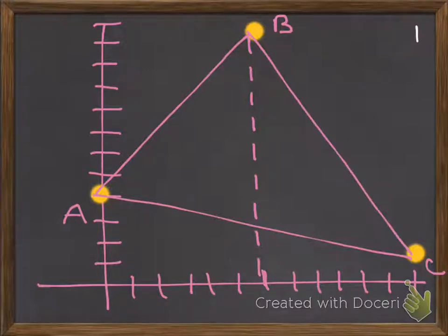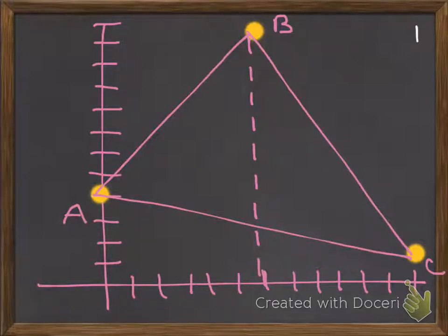Whenever you're trying to find the centroid, I would always either look for a way to draw a vertical line straight down to another part of the triangle, or I'd draw a horizontal line across, because once you start getting into diagonal lines, then you're going to need to use the distance formula, which gets a little bit complicated. So that's why I chose to go from B straight down vertically through AC and use the midpoint of AC